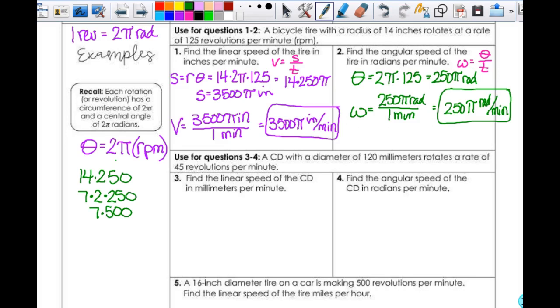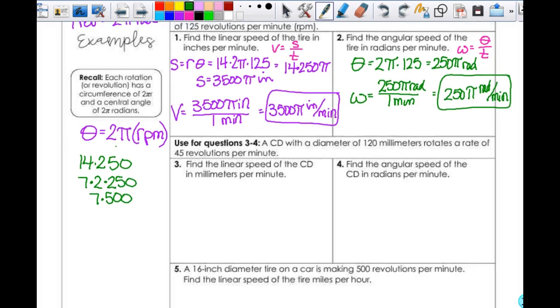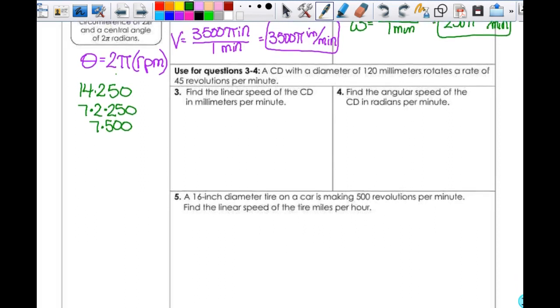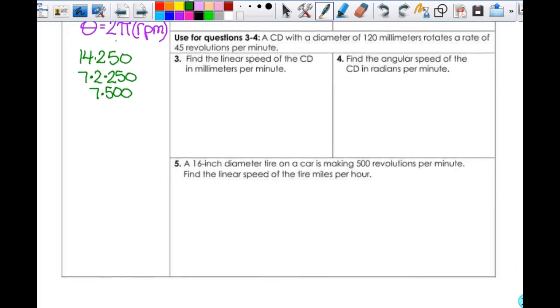So the next one, a CD with a diameter of 120 millimeters rotates at a rate of 45 revolutions per minute. So we want to find the linear speed of the CD. So in order to find